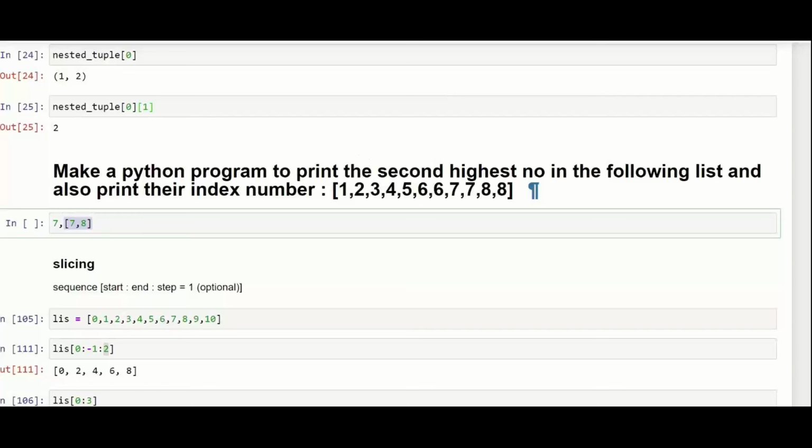You don't have to use some by default index numbers such as -2 and -3 or 7 and all. You don't have to do. It should be a dynamic program. That is, if I enter another list in this, you should be able to provide me the result for the same.